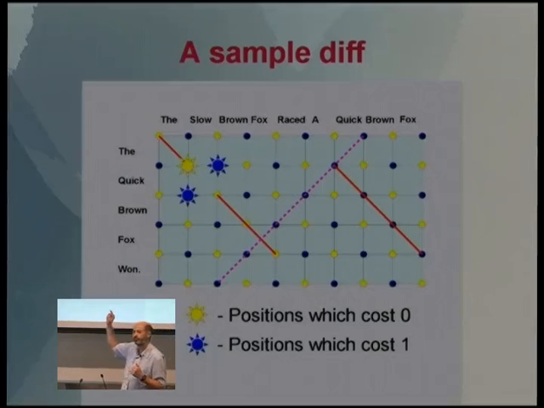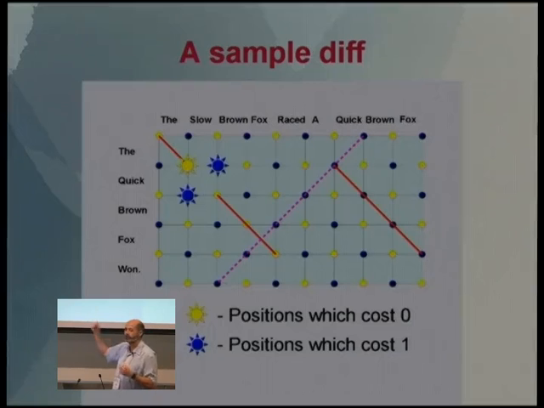A helpful aspect is the fact that each different point in the matrix, some of them always have an even cost, no matter what that is. Some of them always have an odd cost, no matter what that is. In this case, the yellow ones are all odd, blue ones are all even. So points with a cost of 0: at the very beginning the top left point has a cost of 0, because there's a red line there, you can go straight down to that second point where the yellow star is, and that is the only point really of interest where cost is 0.